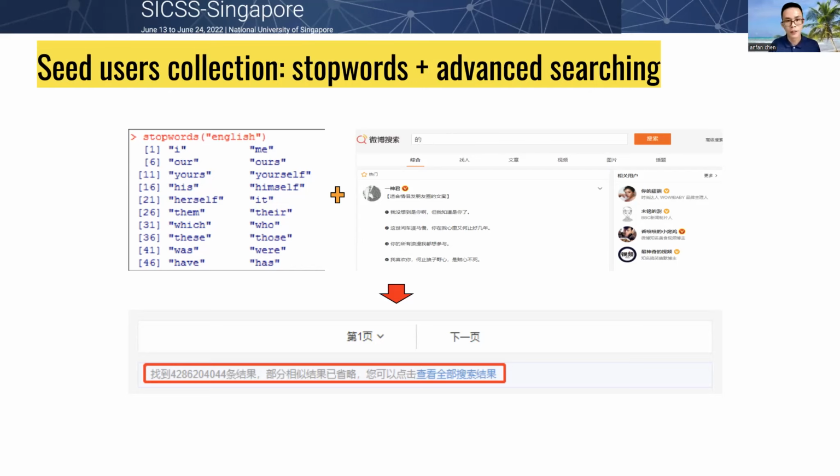They have no meaning, and using these meaningless words as keywords to retrieve the posts from Weibo, we have got about 4,000 million results, and these are all posts generated by the users. And in this way, we get the user IDs and build our user pool, a really large-scale user pool. And this is an alternative way, which also helps you make your user pool.